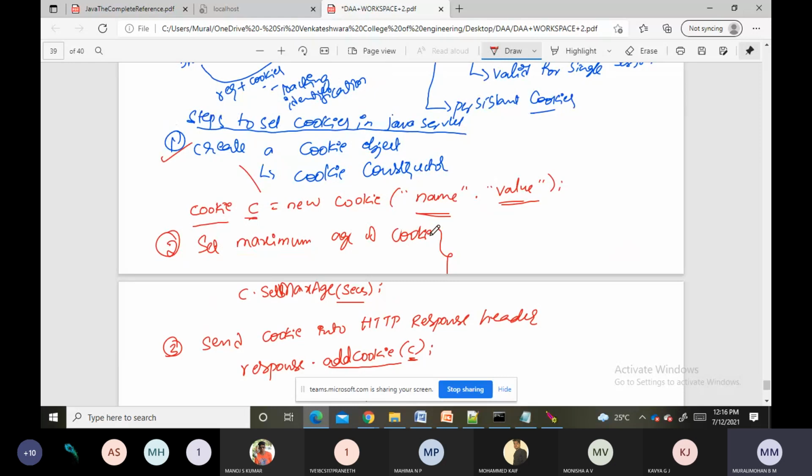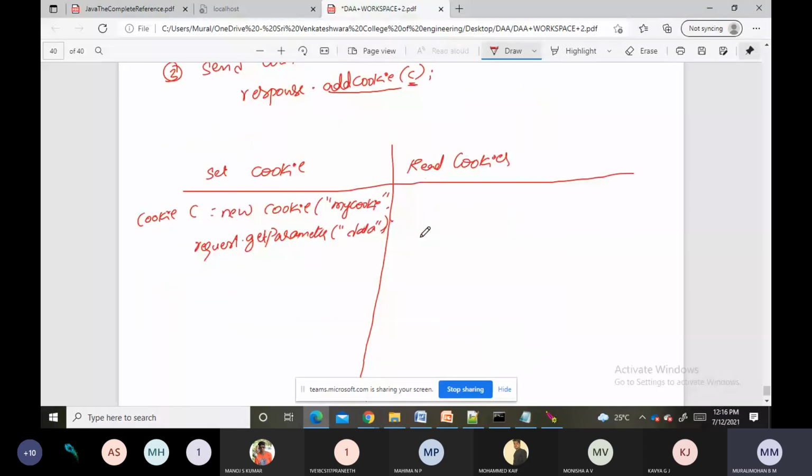Now once a cookie has been created, the second step is we can set the maximum age. Again, I told you it is optional. If you want, you can set it or you can leave it. Next, once we set the maximum age, the third step is to send the cookie into the HTTP response header. So how to do that?